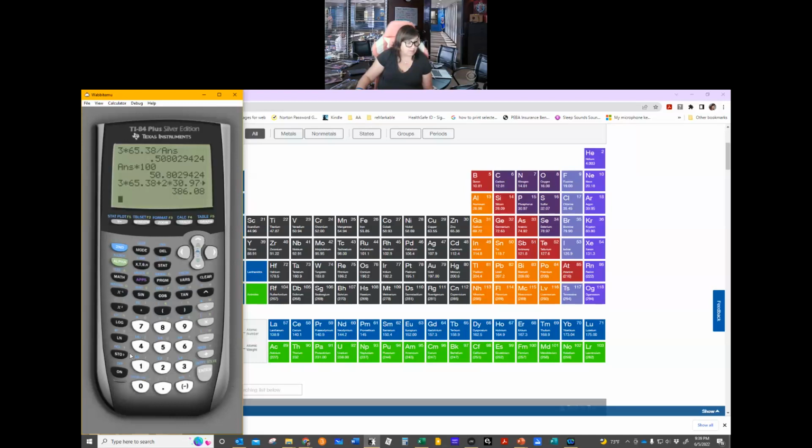And I'm going to store that in alpha A. All right, so now I've stored that molecular weight as it was calculated with all the digits that were there. Now I'm going to do 2 times the 30.97 divided by that answer, which again, I had just calculated so I can use it there, and then multiply that by 100. And that gives me